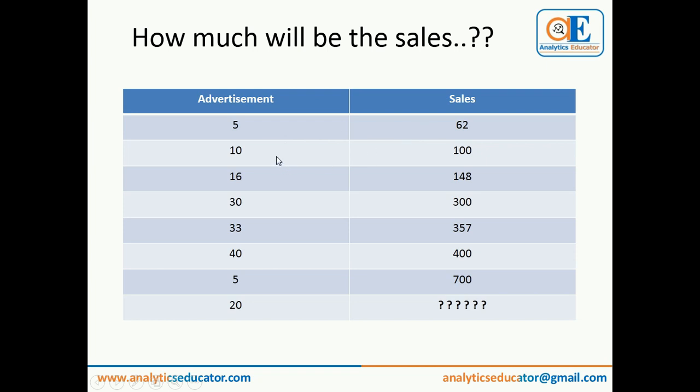You advertise for 10 rupees. You create certain posters and put them up in your neighborhood, so more people get to know that you're selling packaged mineral water, and more people will come to your shop, and you end up selling 100 bottles of water. In this way, on different days, you have seen different amounts of advertisement achieve different bottles of sales. Right? Now your client asks, can you tell me if I advertise for 20 rupees, what will be my sales?